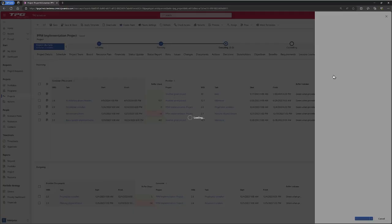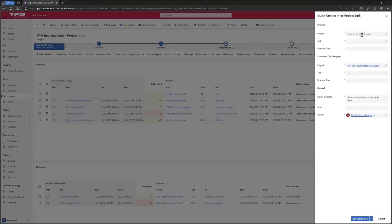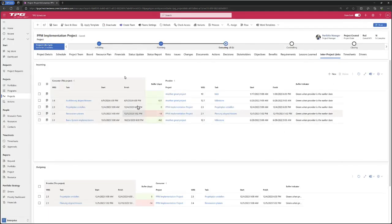I could simply add a new one here by clicking on New, pick up the provider project, the provider task, any relevant data information, and then which tasks within this project are consuming or are dependent on that. So we can see here a nice summary of any incoming project links and any outgoing project links, and all of this information, including the drivers and the inter-project links, will aggregate up to the